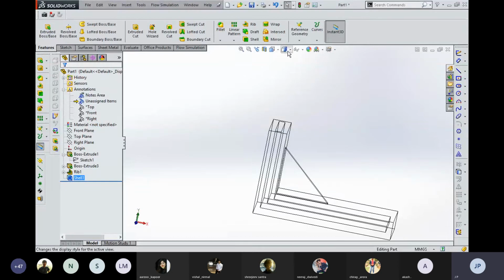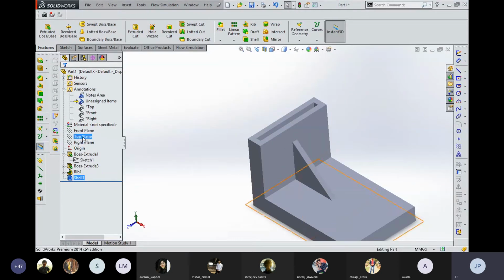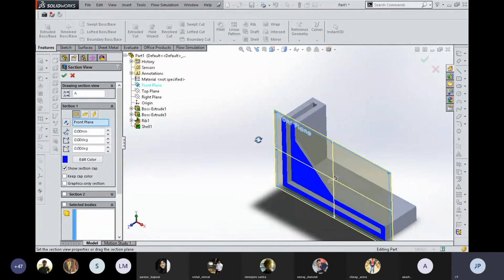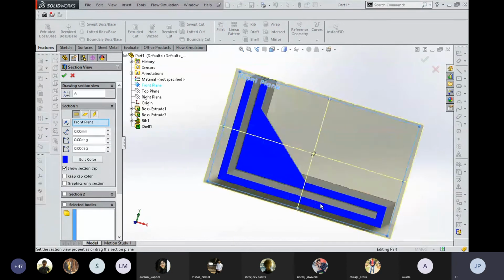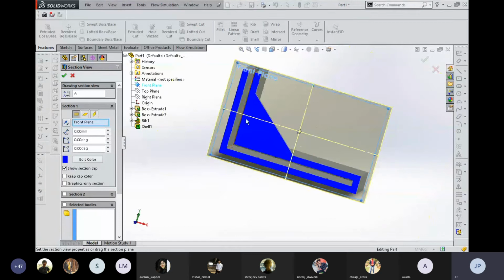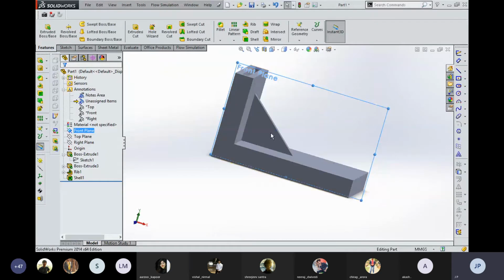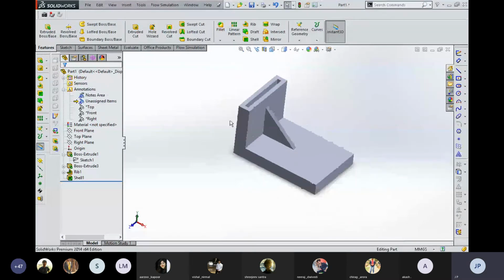This can be shown with the help of the section cut view also. Suppose I take this plane and create the section cut of this part, you can see that the whole closed object is selected, and with a single click the whole component is hollow. These things are very useful from a designer's point of view. Okay, now the wrap command.